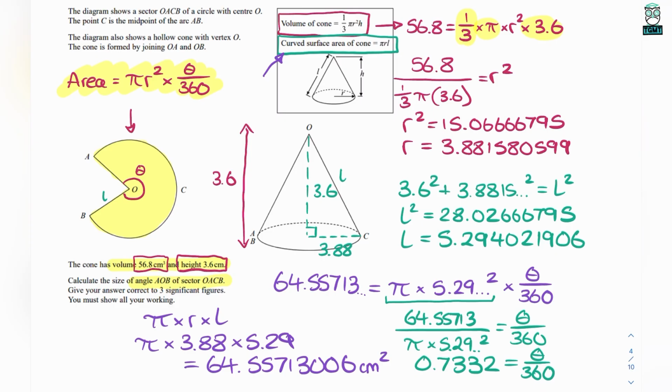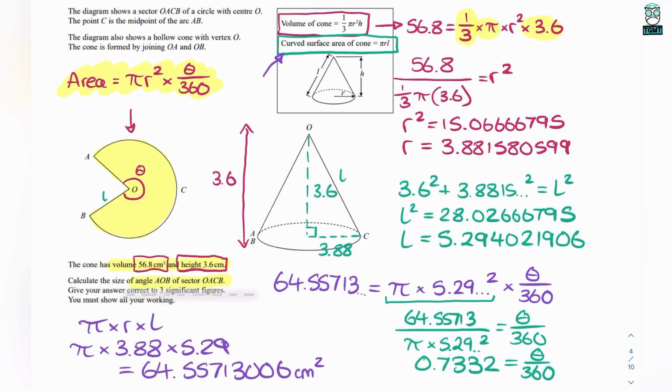I'm running out of quite a lot of space, so let's try and move something out of the way. Let's try and move this out of the way. There we go. So for the final step, multiply both sides by 360. That'll give us theta on its own. So that number on my calculator, just press times by 360. And I get my final answer. I've got theta is equal to